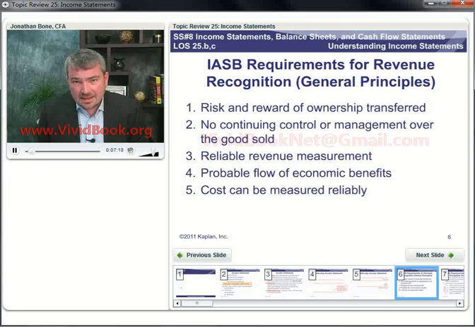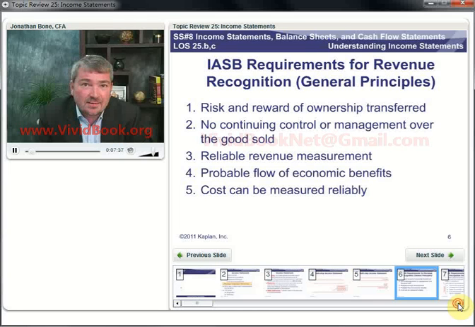Our next learning outcome now comes up, and it asks us to describe the general principles of revenue recognition, and it also asks us to be able to calculate revenue. So we've got some calculate LOSs popping up now. Okay, so first of all, let's start off with international accounting standards and look at the requirements in order to